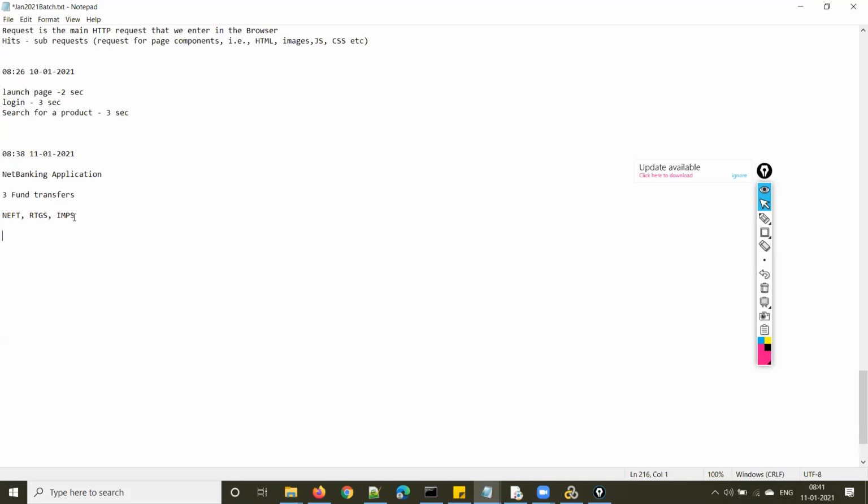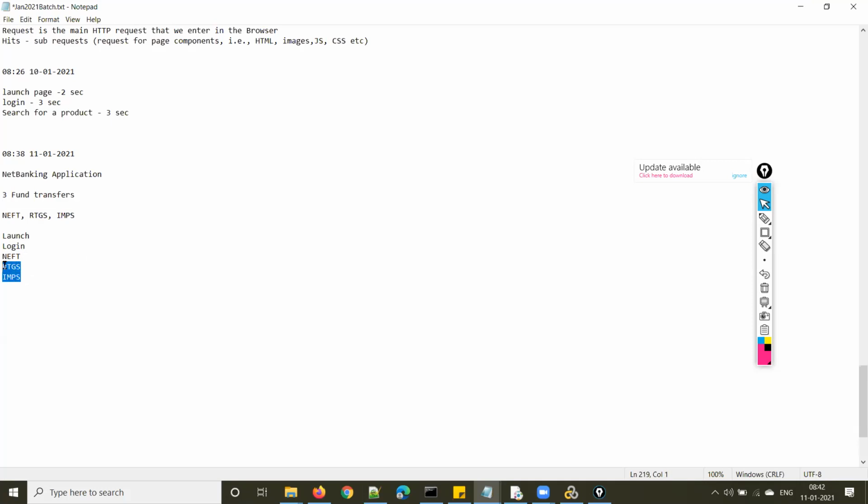Now, suppose you want to do three types of fund transfers. What do you generally do? You launch the application and you log in. You first do NEFT, and then RTGS, or whatever the order may be.